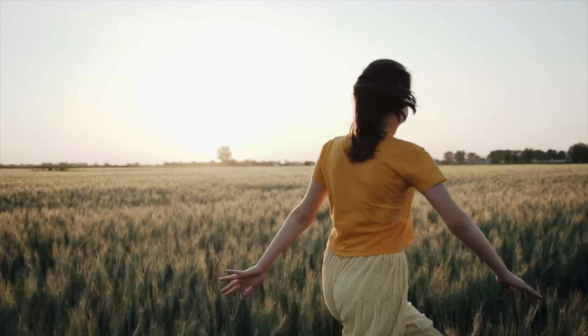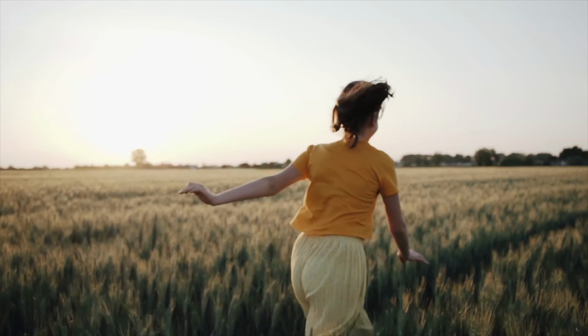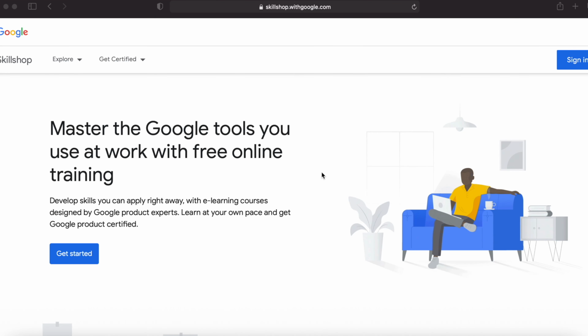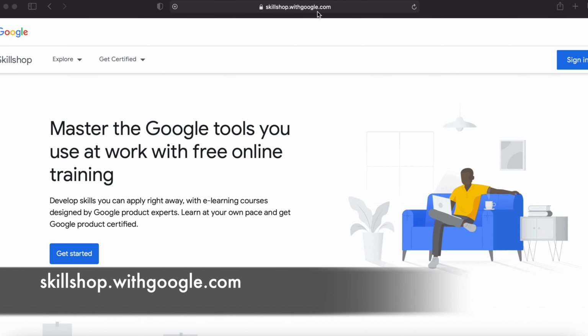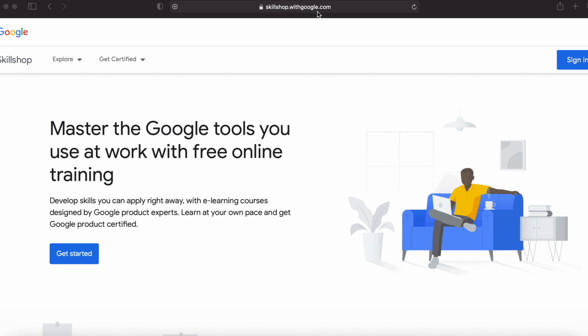And with that being said, let's jump into my laptop. So Google will be the main platform today. As the first step, you have to come over to Google and search for Google Skillshop, or else you can type skillshop.withgoogle.com. Skillshop is Google's official platform that allows you to grab various courses that will teach you various skills